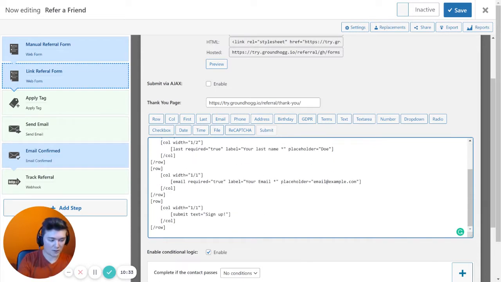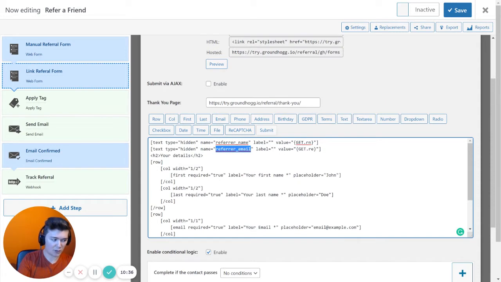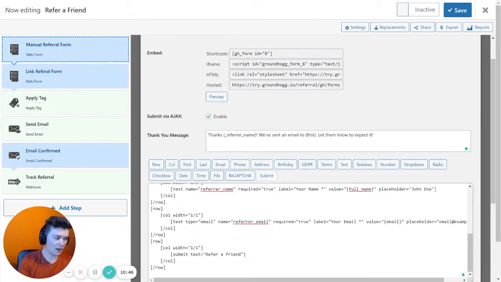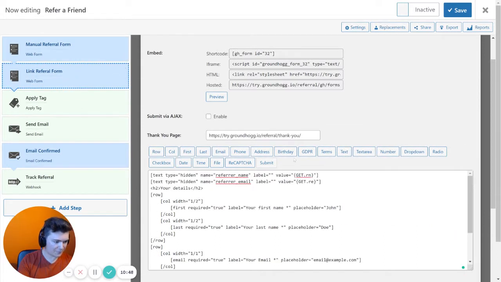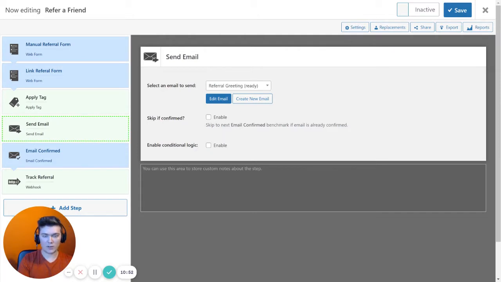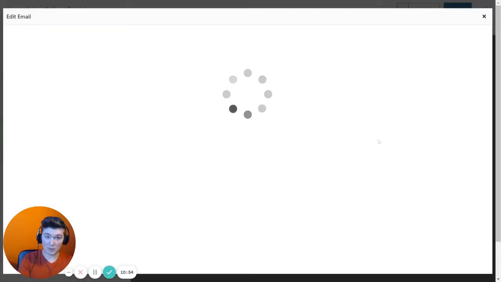And that is creating a new contact record, setting those custom fields, and pretty much doing exactly the same thing as the manual referral form. I have this set to go to a thank you page because that's a little bit different user experience for these people versus other people, right? So that's what's happening here. And then what we're doing is we're sending an email to those people who were referred,